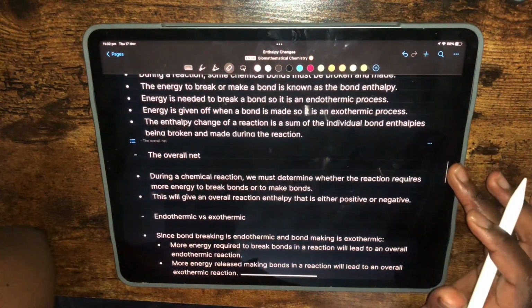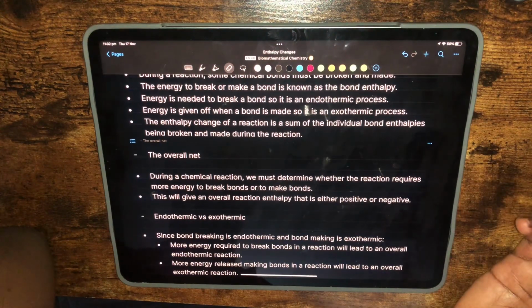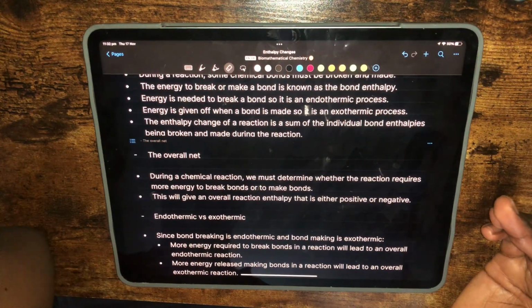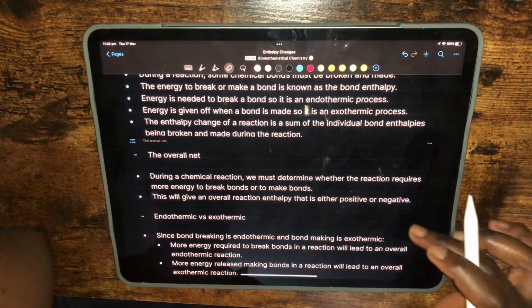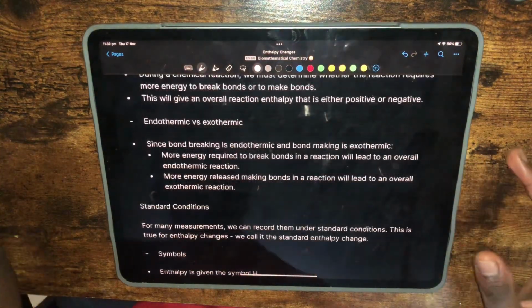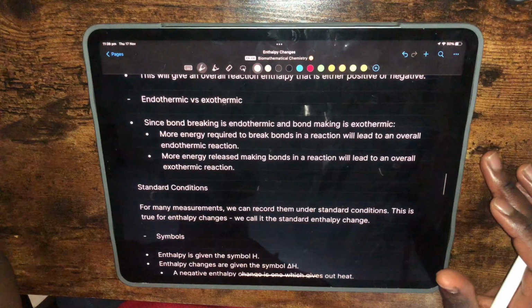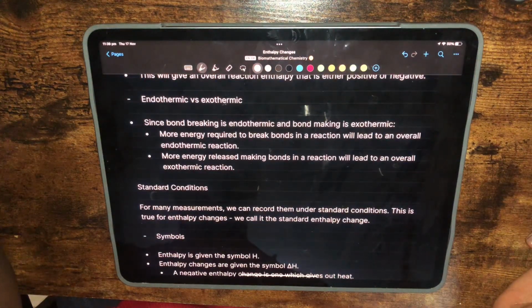Alright, so the overall net. During a chemical reaction, we must determine whether the reaction requires more energy to break bonds or to make bonds. And this will give an overall reaction enthalpy that is either positive or negative. Alright, endothermic versus exothermic. Since bond breaking is endothermic and bond making is exothermic, more energy required to break bonds in a reaction will lead to an overall endothermic reaction, such as, for example,